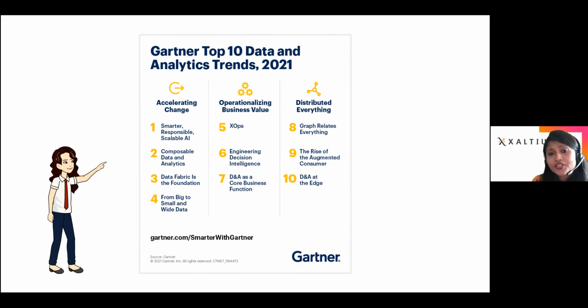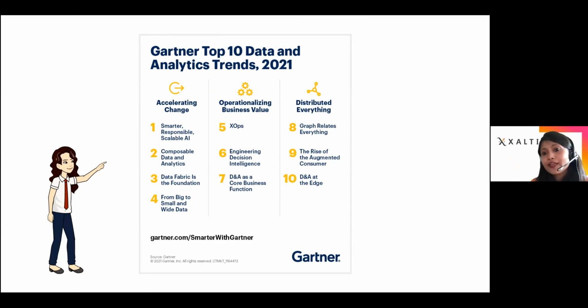And then we can operationalize this using business values, where we have XOps, we have data and analytics as a core business function. And we are going towards that part. And finally, we have distributed everything, where everything gets connected. And Gartner predicts that by 2023 or 2025 at most, over 50% of the data and analytics leaders will have data created, managed, and used in edge environments. So that is where we are going to lead towards. No more huge volume of hardware is required, but everything is coming into an edge device.